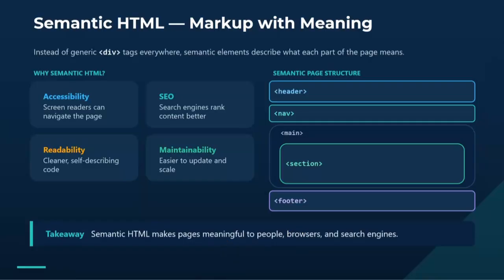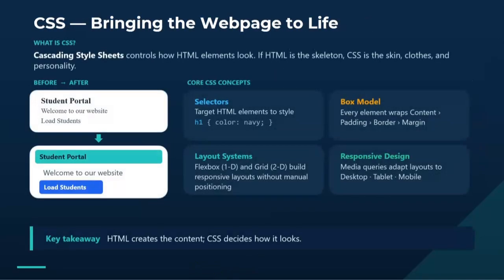This DOM becomes that object the JavaScript interacts with later in the application. Now that we have built the structure of web page using HTML, the next question is, how do we make it look attractive? That's where the CSS comes in. CSS stands for Cascading Style Sheets, and its purpose is to control the presentation of the HTML elements. If HTML is the blueprint of a house, CSS is the paint, furniture, lighting, and decoration that makes the house